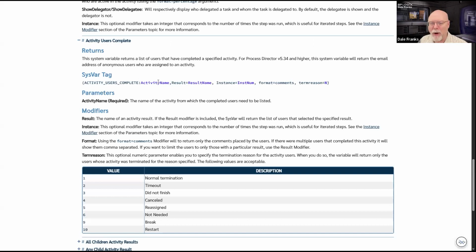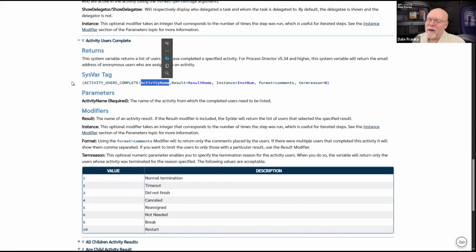I'm happy that will just return the comments instead of the user's name. That's not my problem. My problem is that the activity name, it's going to return only the comments by users who completed a specified activity. And I have to specify that activity.